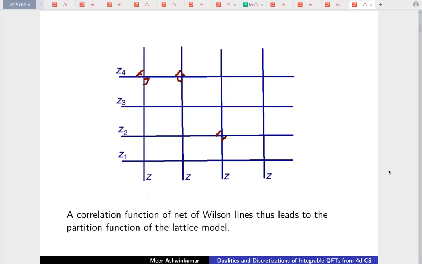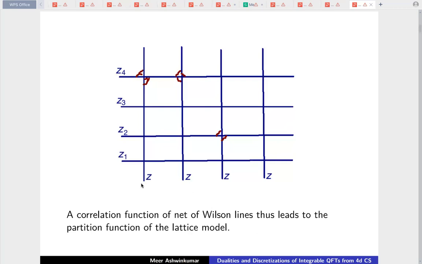So if on the topological plane sigma, I consider a net of Wilson lines in this form, you can actually see that all the interactions between the Wilson lines localize to these intersections over here. Basically all the interactions build up these R matrix elements at each of these intersections. And now if you just take a trace in this direction, you get a transfer matrix. So you have a transfer matrix arising from each of the horizontal directions here. And then when I take a trace in the vertical direction, I just get the partition function of the integrable